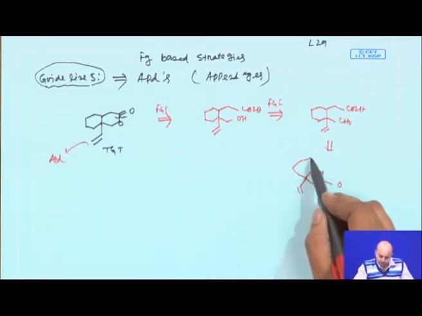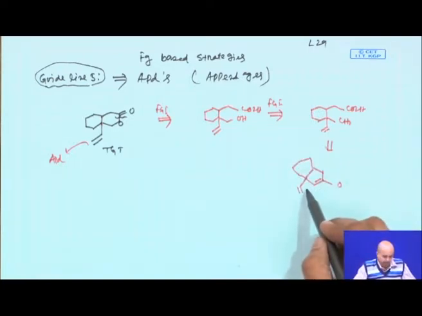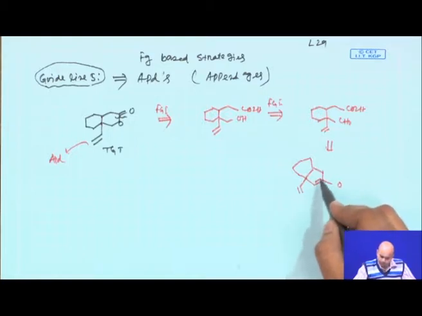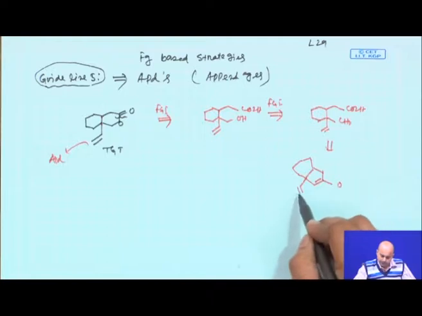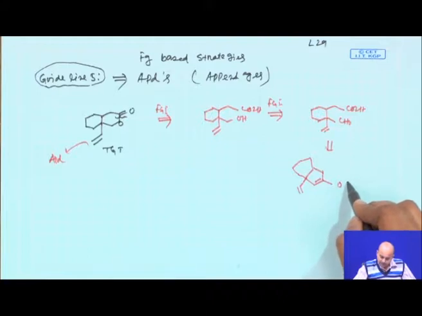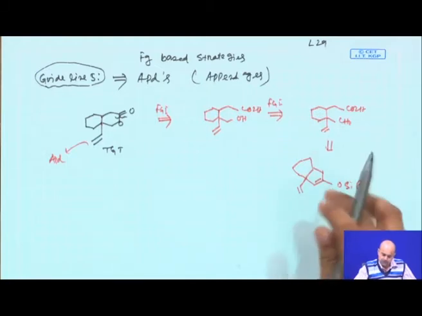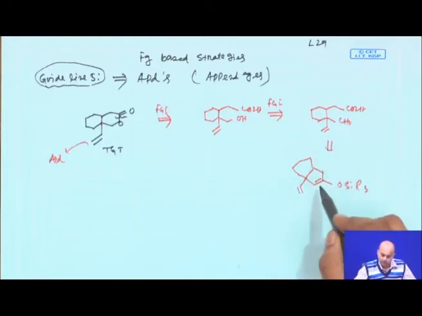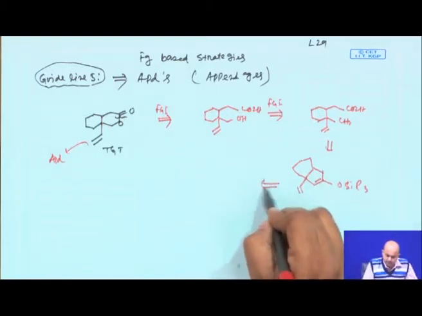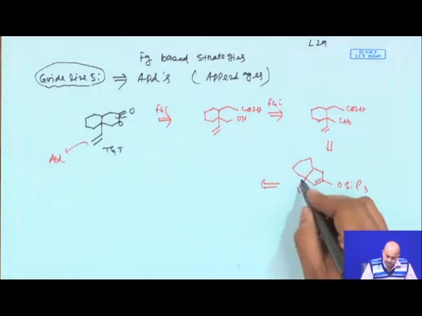So, now if you see, this is a cyclohexane and this is the vinyl appendage here. If you do some kind of oxidative cleavage here, that might give you this particular thing, but you have a difficulty. You also have a vinylic appendage here, but that can easily be controlled by one equivalent of ozonolysis. Ozone basically always attacks the more substituted or more electronically rich double bond. So, in that context, this double bond in the ring, which is more substituted, is more electronically rich. So, now the appendage is disconnected.